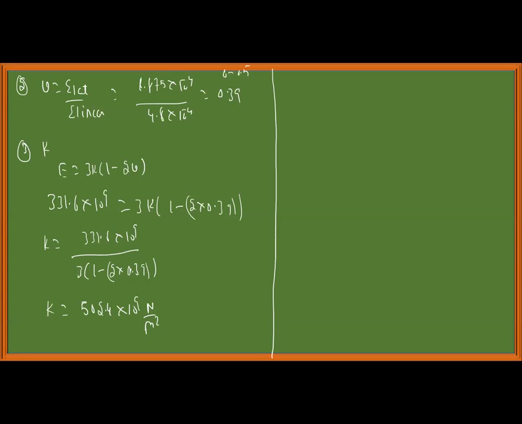Okay. Next, modulus of rigidity. G, instead I will call it G, but other authors use the symbol C. Okay, E is equal to 2G into 1 plus mu, so 331.6 into 10 power 9 by 2 into 1 plus 0.39 is equal to G, which is equal to